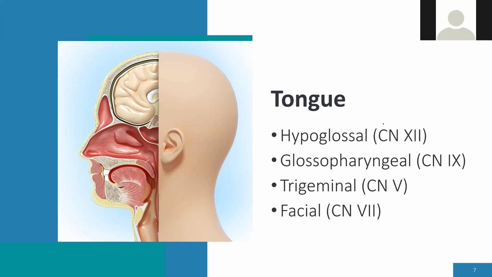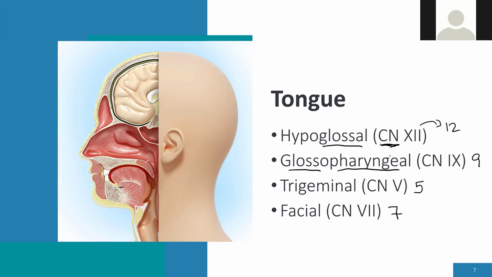So some of the cranial nerves, that's our CN here, is cranial nerves. So cranial nerve XII, remember that one's Roman numeral 12, IX is Roman numeral 9, V is 5, and VII is 7. So some of the different cranial nerves, one of them is the facial nerve, go and actually help us control our jaw muscles, our face muscles, our tongue, and we see it in here, we see words like glossal,